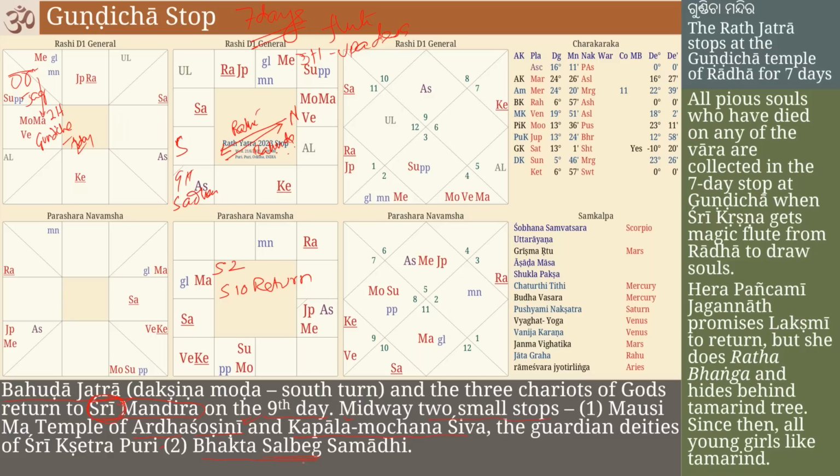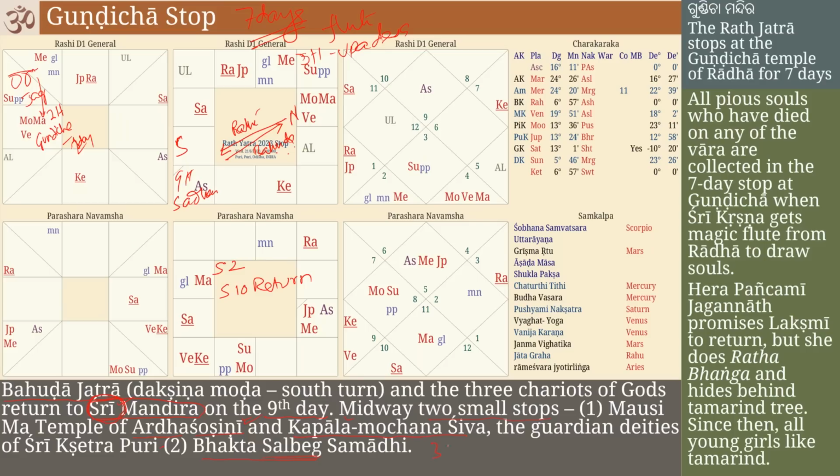So people, they say that they are followers of Chaitanya. They do not even go to the temple of Bhakta Salbeg, who directly got the mantra, because of which the chariot stopped for him. Because the chariot had originally stopped for him, where the chariot stopped, that place, a temple was built later for Bhakta Salbeg, and there is a stop. So you must keep this in mind. These are very, very important stops in the Rath Yatra. So how many stops are there? There are 2 stops.